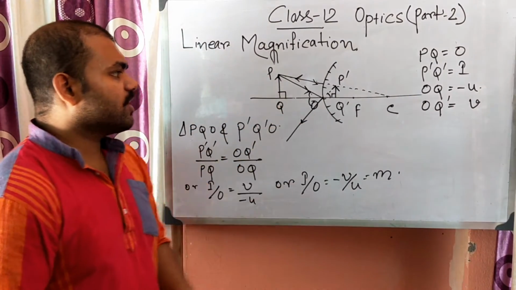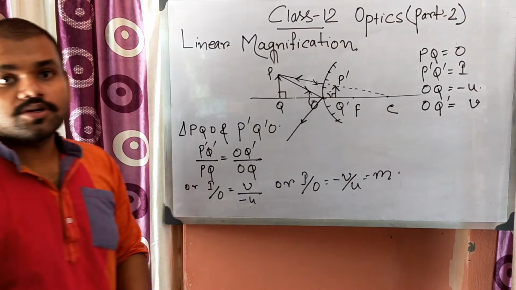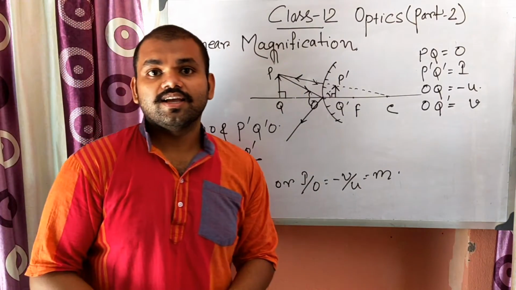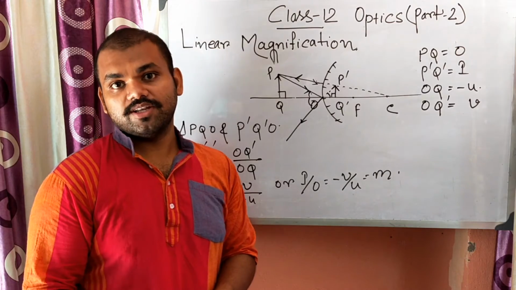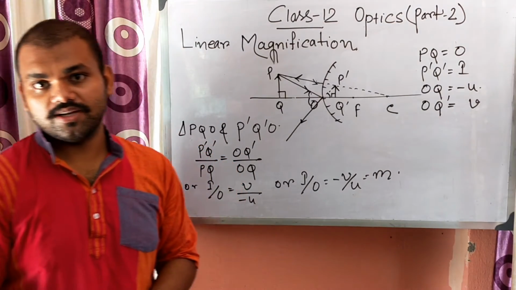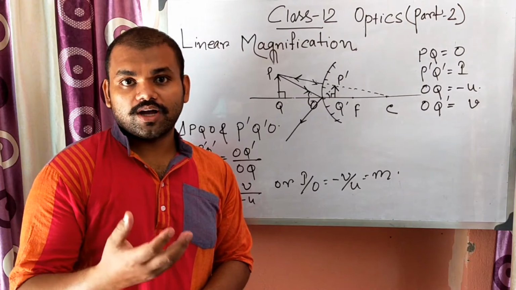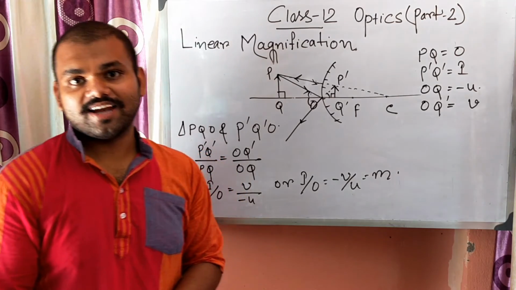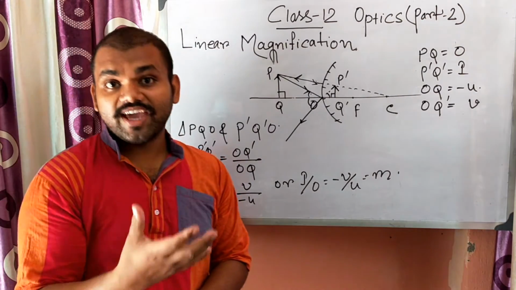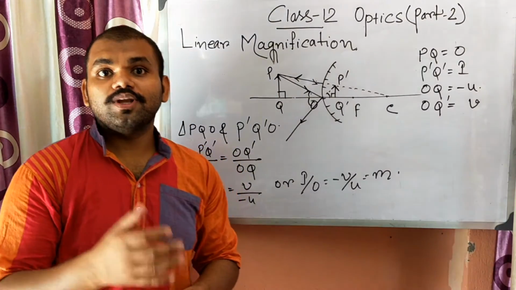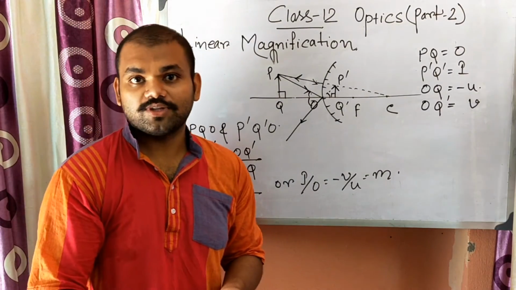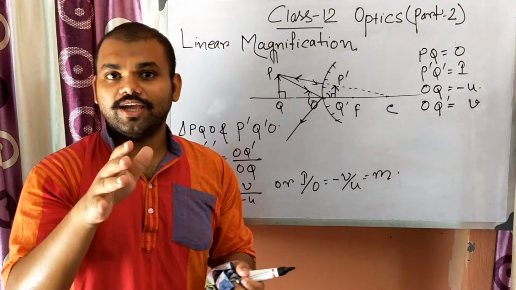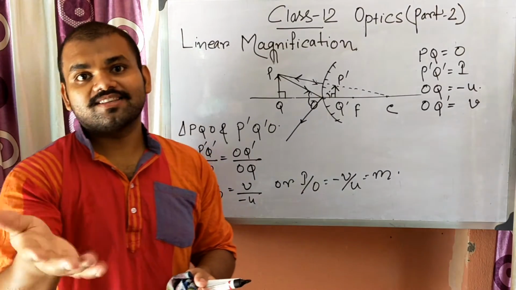As we know, in case of a convex mirror, the image is always diminished. Now, there are different uses of concave and convex mirrors. Concave mirrors are used as a shaving mirror, a makeup mirror, and a dentist mirror. Why? Because when we put our face in front of the mirror within the focus, we get a virtual and large image. So that helps us to make up well and to shave well, and it helps the dentist to see the teeth well.